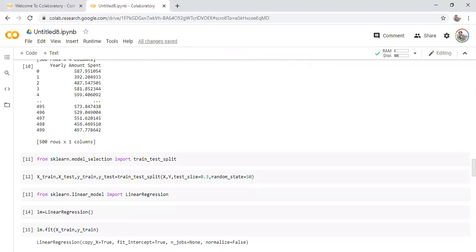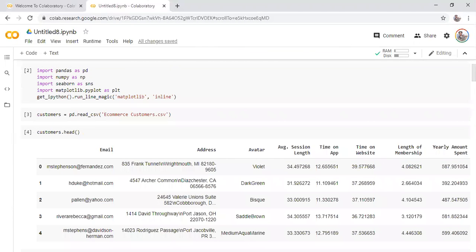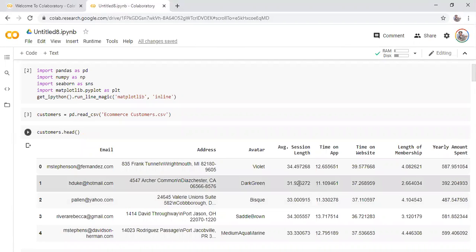From this model, you can predict exactly, if someone comes in tomorrow and gives you the average session time, the time on app and website and all these details, what that person's annual spend will be.